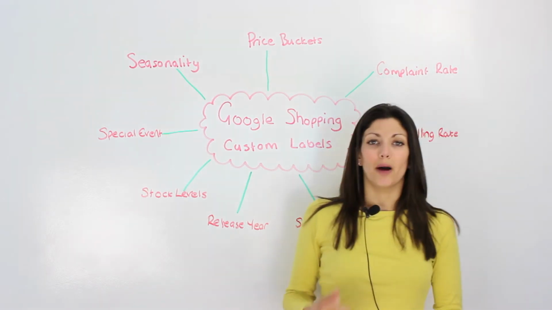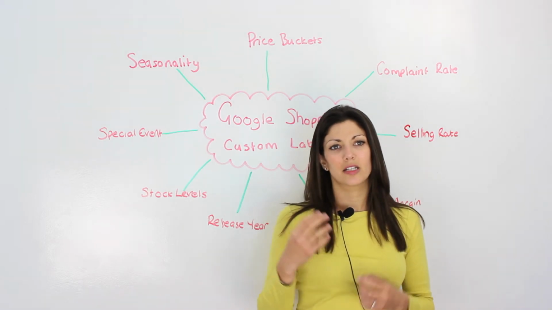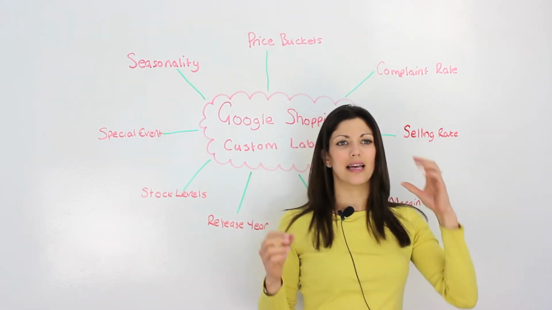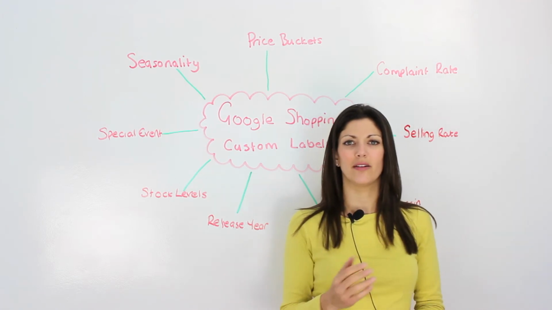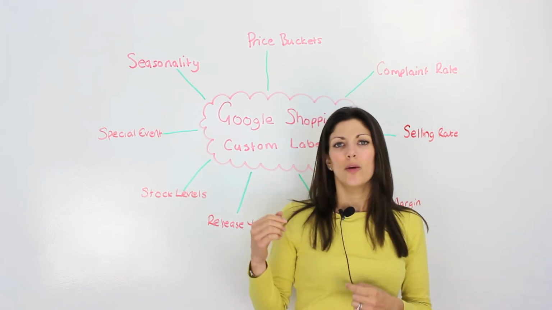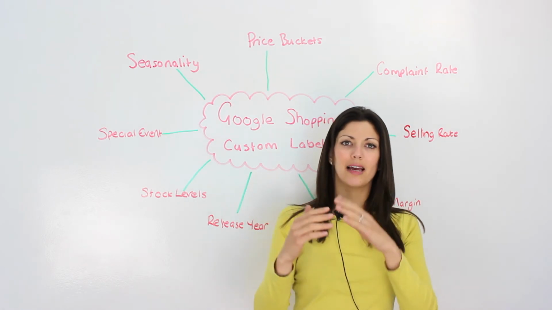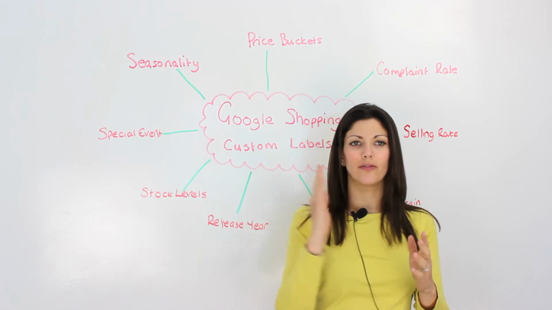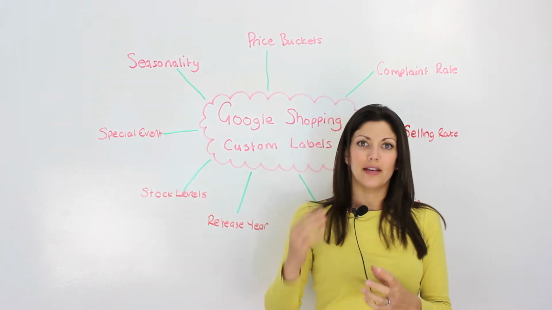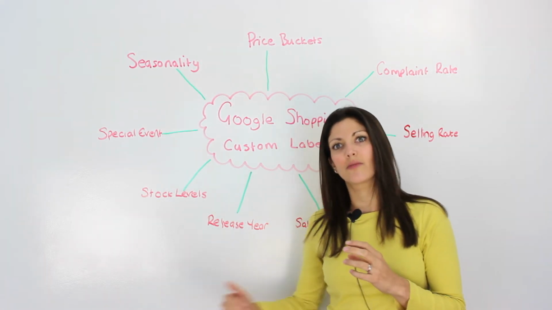Next up is price buckets. So rather than just taking a blanket look at all of your products and saying these are all of this type of product and I'm going to bid roughly this because we know that's how much they roughly cost, you can categorise all your products and say this group of products I make this much in terms of revenue, so from X to X, these products from X to X, these products from X to X,